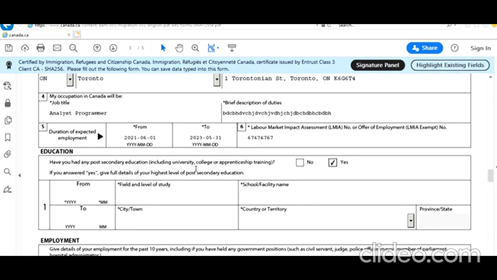Have you any post-secondary education? Yes. So let's say typical Indian case, born in 1995. At the age of 18 he joined a college. So let's say from 2013 06 to 2017 07 he studied a Bachelor of Technology in IT. Sorry for the spelling.